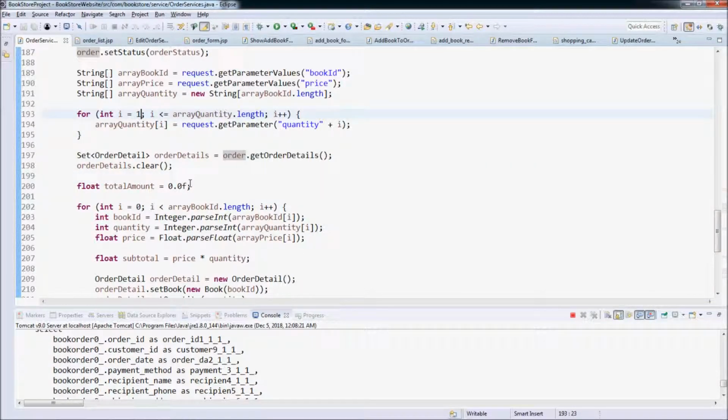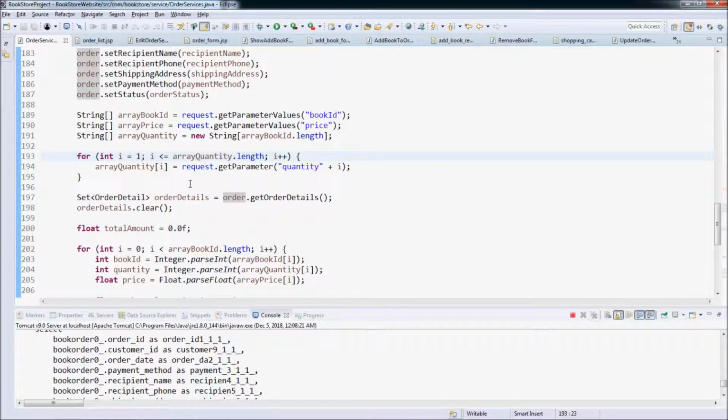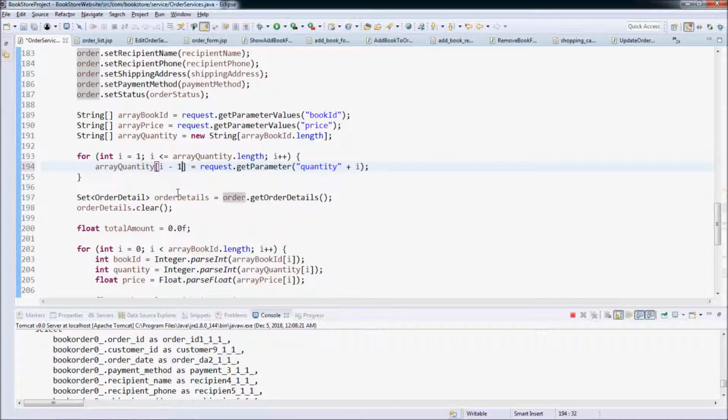Oh, here the variable i should start from 0. Start from 1, but here we need to minus by 1 because the index of our array is zero-based.